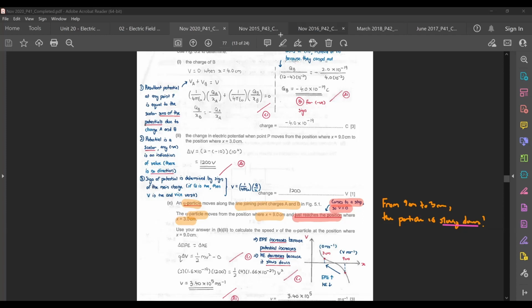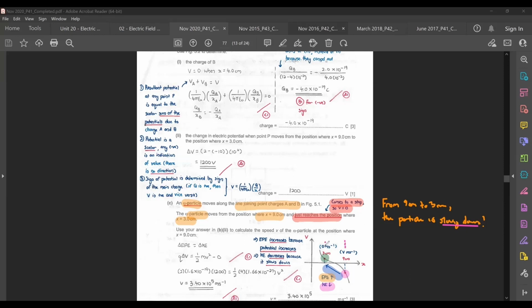If you see the diagram below here, which is actually a reproduction of the graph previously, 9 centimeter is right over here, where you have negative potential. 3 centimeter is over here, where you have positive potential. So if you are moving from here to here, 9 centimeter to 3 centimeter, notice that your EPE is actually increasing. If your EPE is increasing, this tells you that your KE by right should be decreasing according to conservation of energy. So I know now that if I had an alpha particle